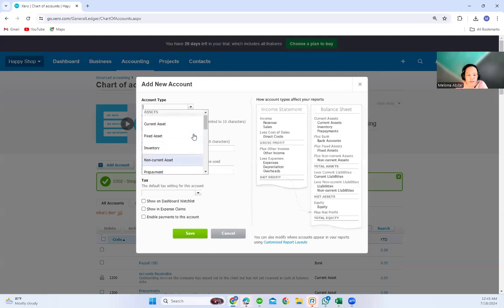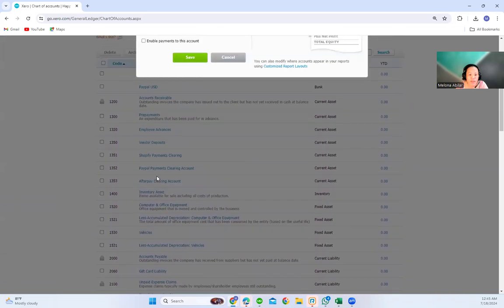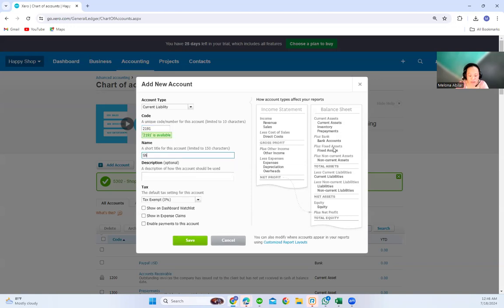That is under current liability, and we are going to use code 2191. We call this Shopify gift card liability. This is where we are going to track the Shopify gift cards. Then we're saving it.